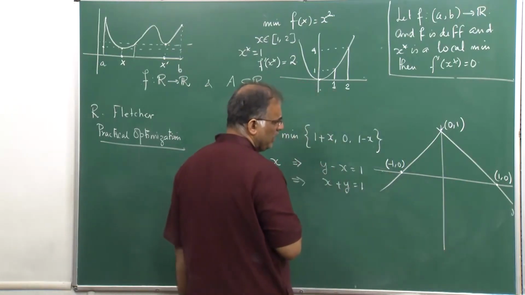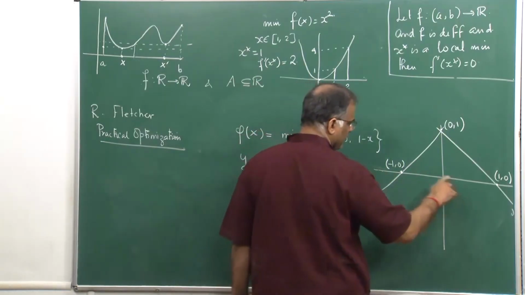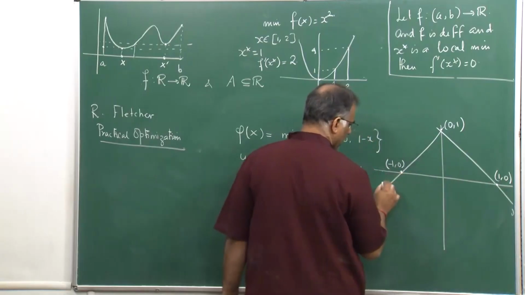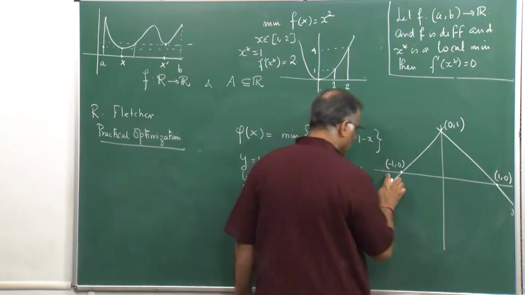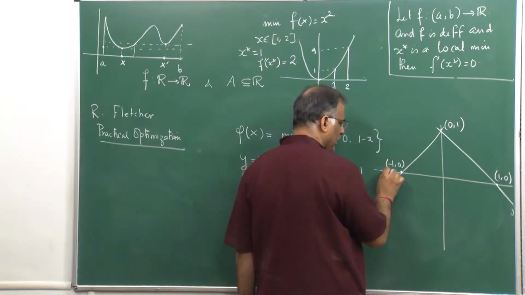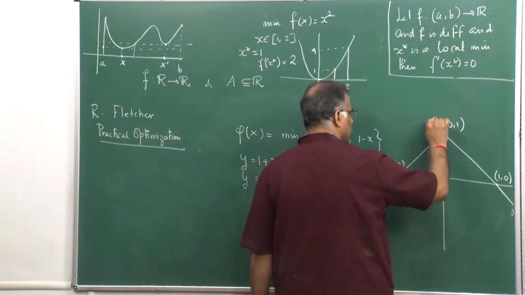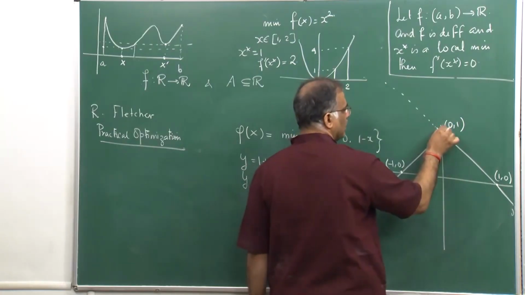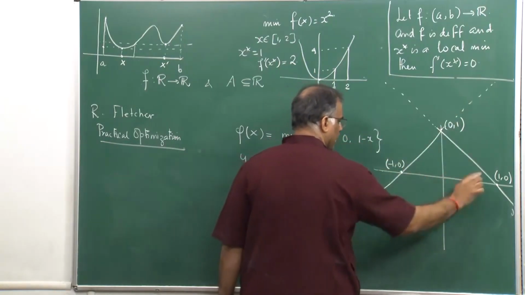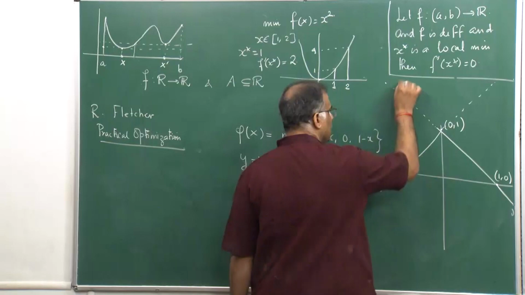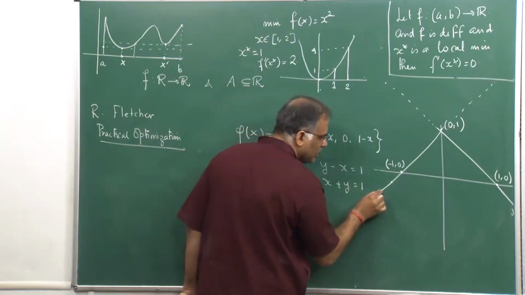So, what is the minimum value? The minimum value between these 3. If I evaluate this functional value, this line is going like this, this line is going like this. So, the minimum value between these 3, this y axis 0, x equal to 0, this and this is the number here. So, up to minus 1, 0 is the minimum value,